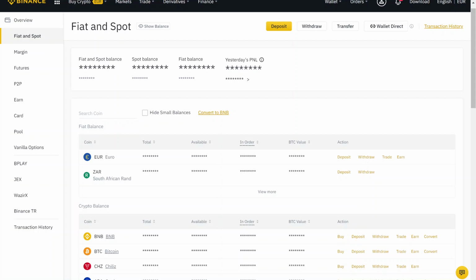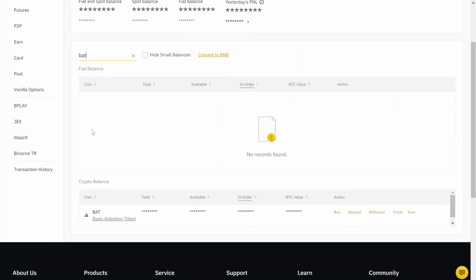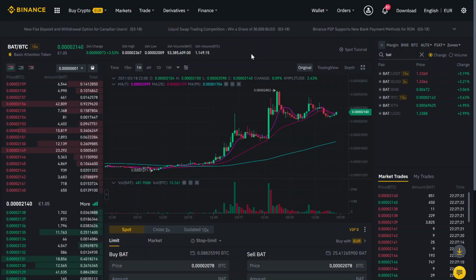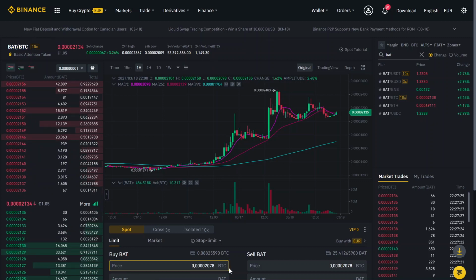Therefore we search for it by clicking in the search bar, and now you can see that it is here, and there you just click on trade and use BAT Bitcoin. Now you can use Bitcoin to buy BAT, which you can see here,